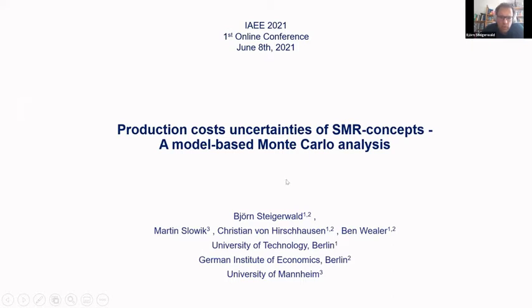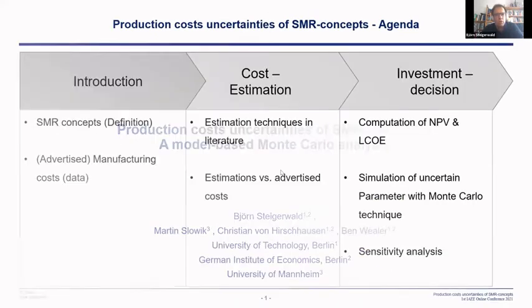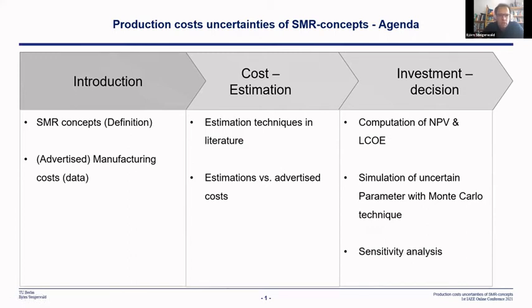So actually, we are talking about SMR concepts and uncertainties in production. We will start with an introduction. We will come to current estimation techniques in the literature. We will try to evaluate those estimation techniques with current manufacturer costs, and then we try to find an investment decision, a measurement to measure a possible investment. Will it deliver a possible measurement, or is it not a competitive good to invest into